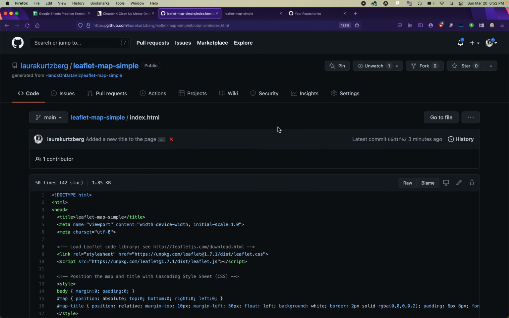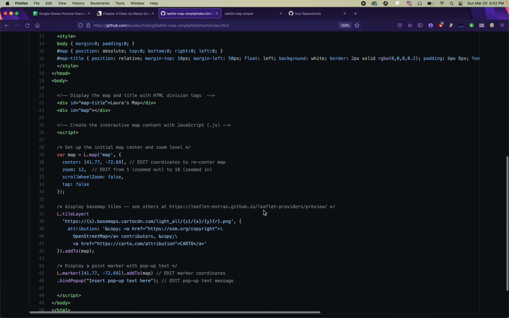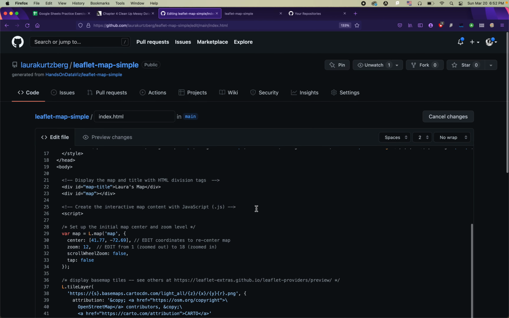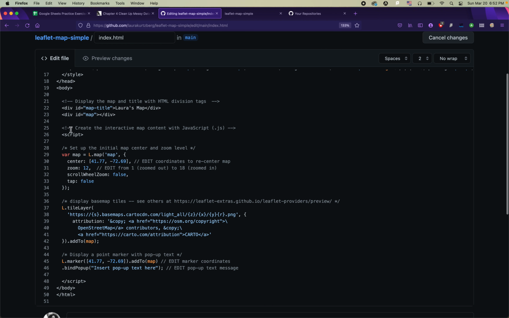index.html file. So if you read the Leaflet documentation, you'll see there's lots of different settings that you can add here. Let's go ahead and click on Edit this file again and scroll down to the section where it says Script. There are multiple places where you'll see the authors have recommended that you make edits, such as the center of the map. If you want to add a new center, all you need is latitude and longitude coordinates in order to change this, right? You can also change the zoom level, make it more zoomed in or less zoomed in by changing that number